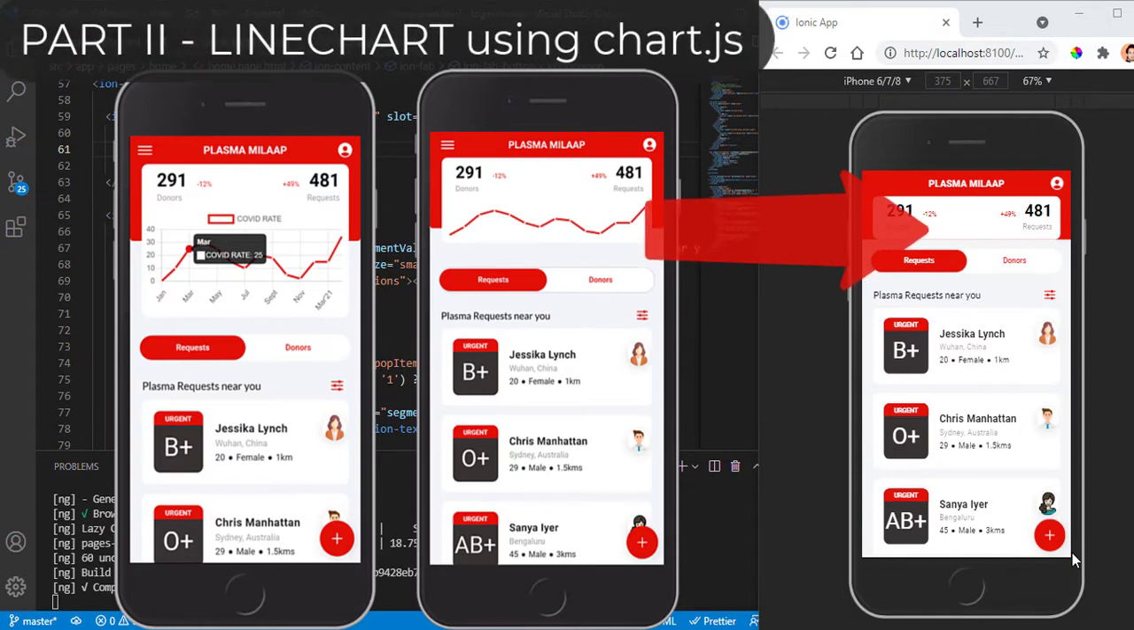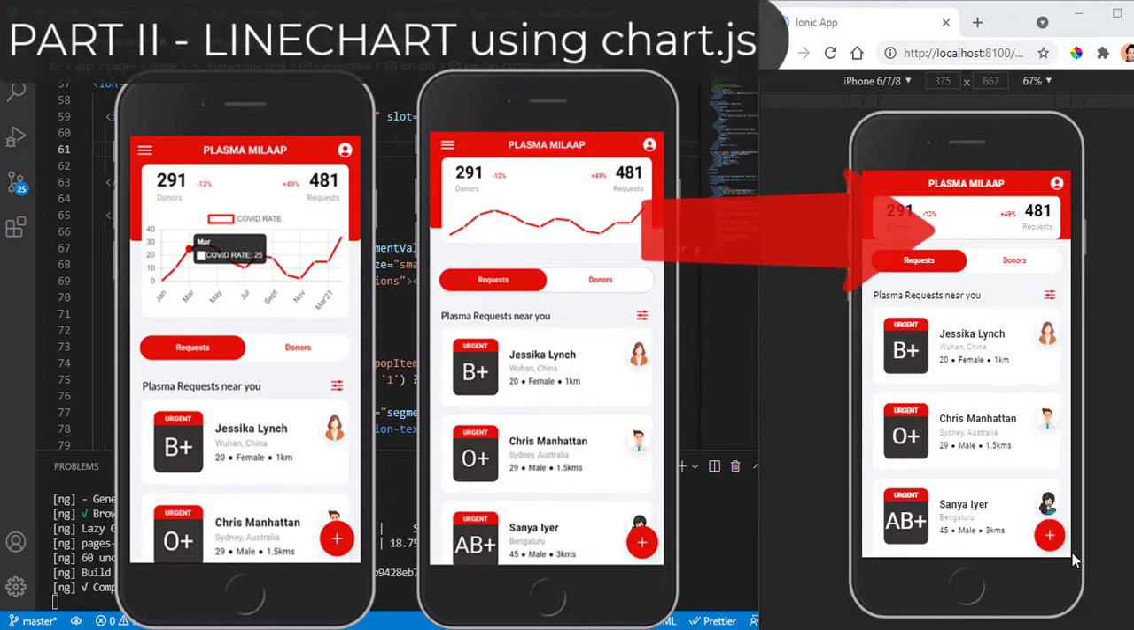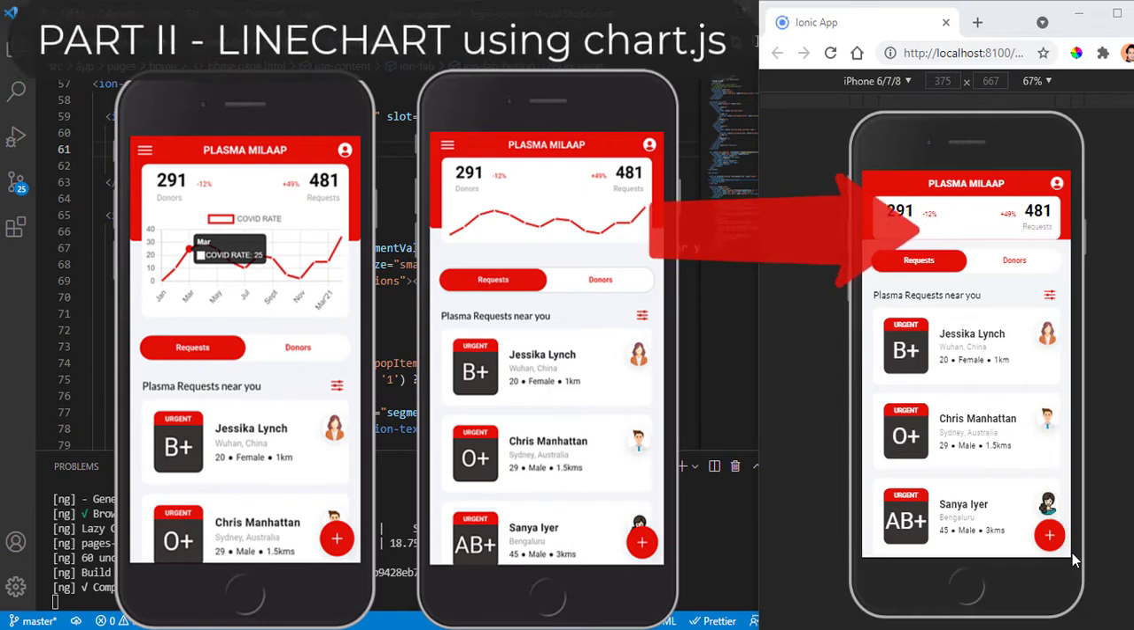In this video we will work with the line chart using Chartjs. Let's check out how this can be done, and before jumping to that I want to tell you